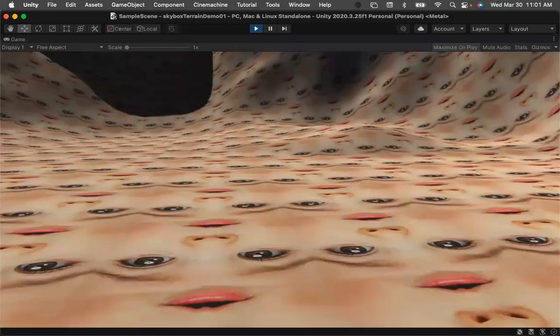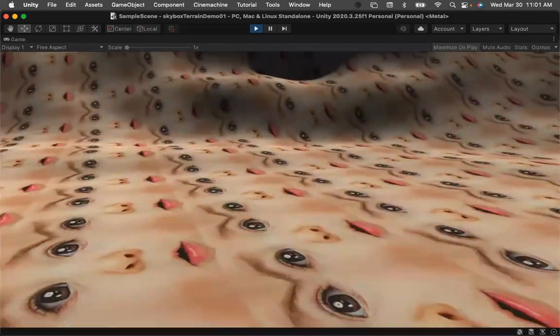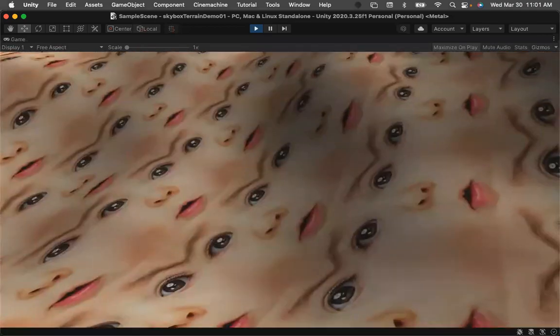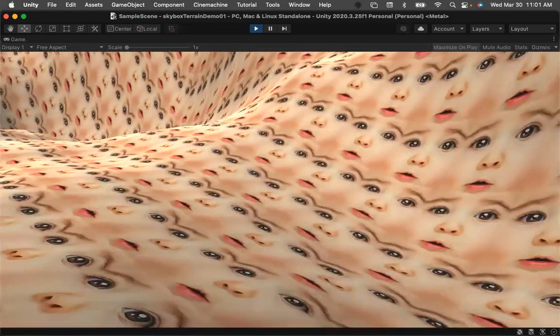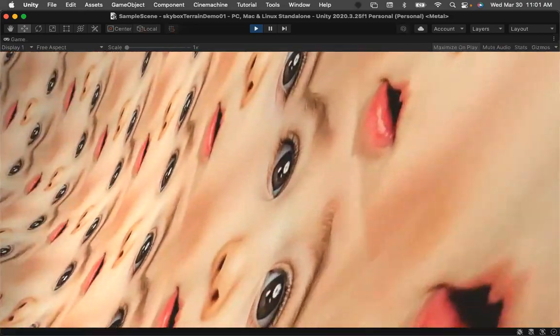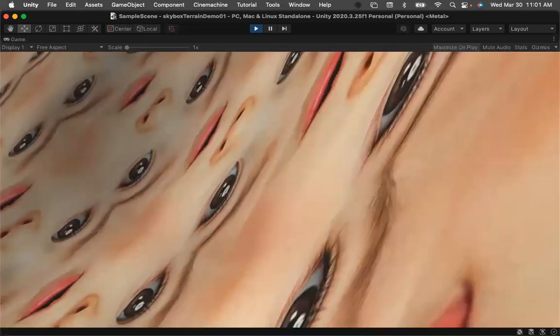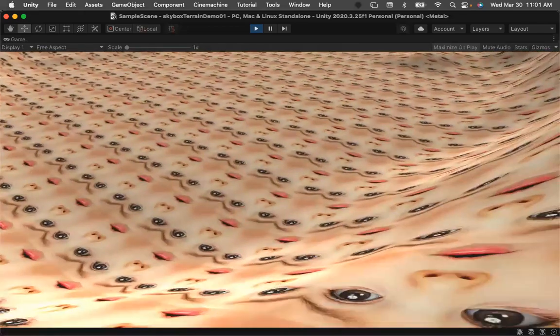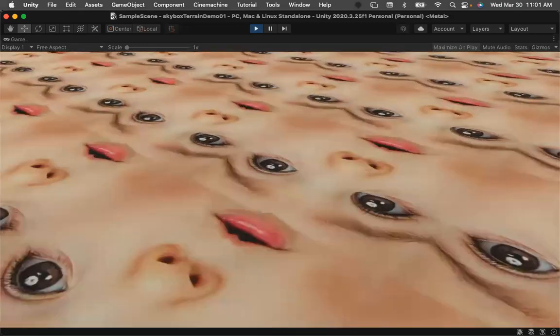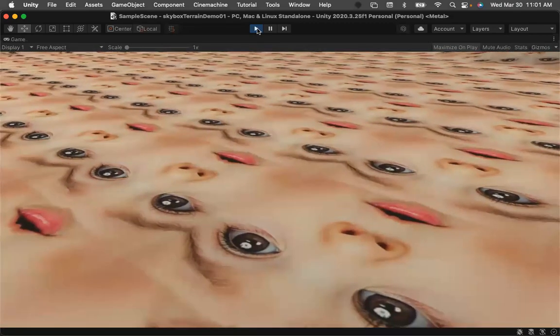Okay, so a terrain made out of this pattern. But the point that I'm showing this is that right now it's flat. It's just a picture that's not really receiving too much detail as far as light. And I think it's fine if this was like for a billboard or something. But if I wanted it to be a terrain that has a sense of texture and depth, I can